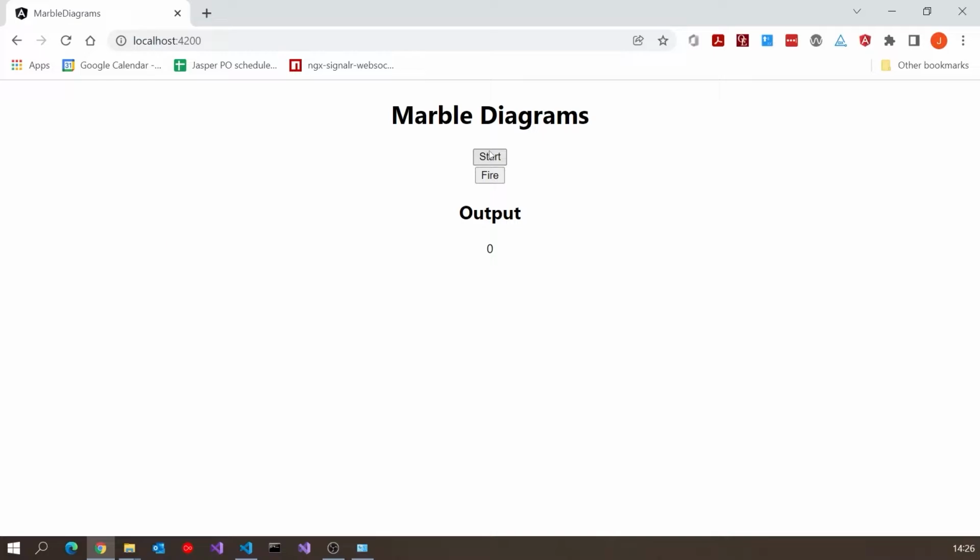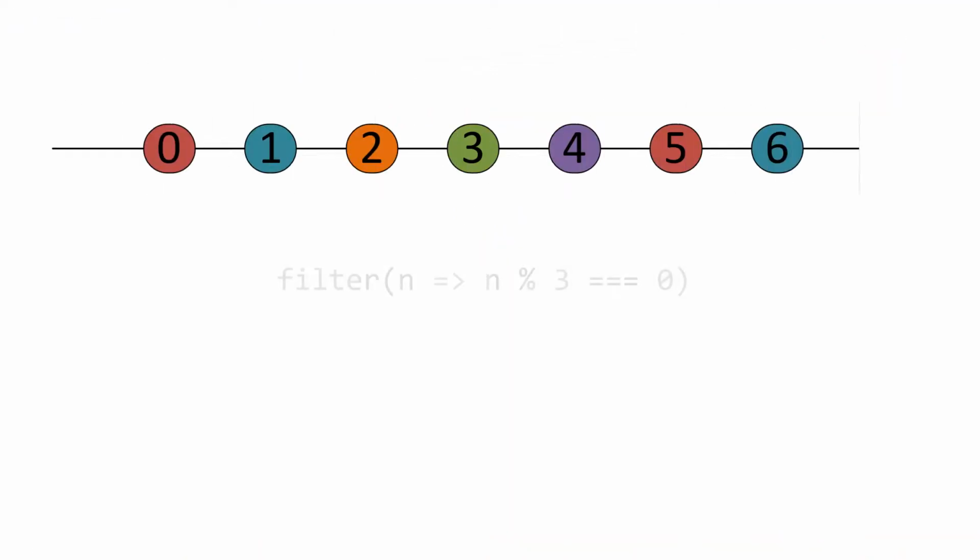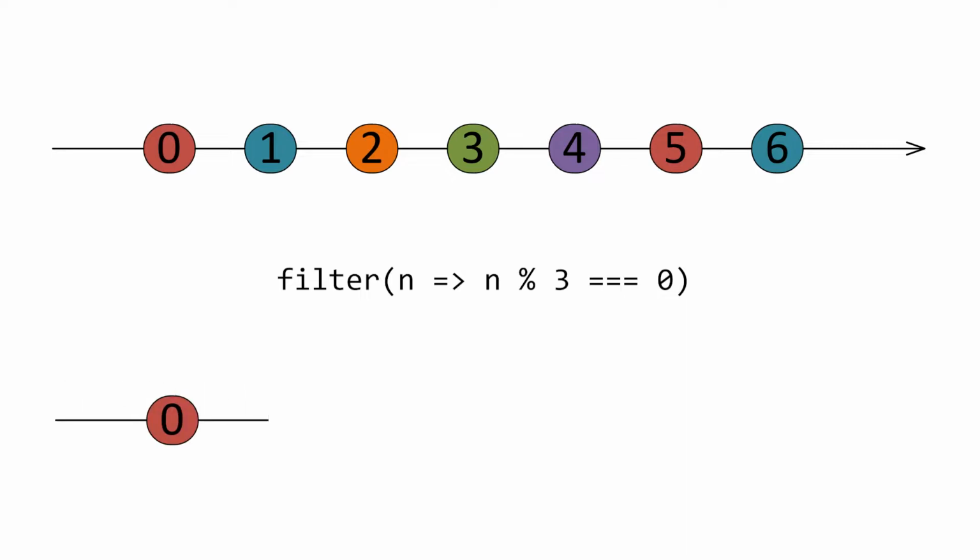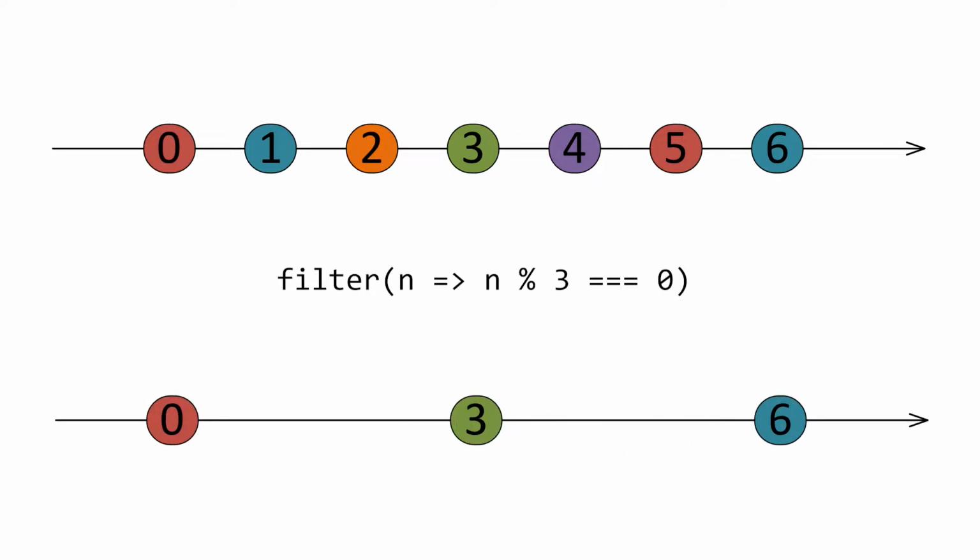We get 0, 3, 6, etc. And again, we could represent that on the marble diagram with the two rows. We show the incoming, we show the operation, and then we show the outgoing. Again, questionable whether that's really useful enough to bother with the diagram, but if somebody doesn't understand it because they're new to all this, that's a great way to show them what's going on.